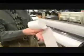Okay, now you can see here's the code close up, and it tells not only the number of